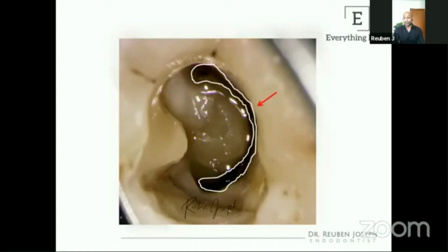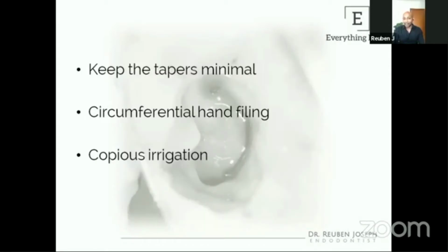If I'm going to prepare those thin areas with the same rotary files, hoping that I will make contact with the root canal space three-dimensionally, definitely I am incorrect. I'm going to leave a lot of unclean spaces, and at the same time, I'm going to thin off a lot of dentine in a very vital area. So the trick to treating these C-shaped canals is not greater tapers to get all the tissue out. What I would prefer doing in these cases is some rotary file of a very minimal taper going to the full length, and then circumferentially hand filing all these root canal surfaces with a hand file. So that's what I would do.